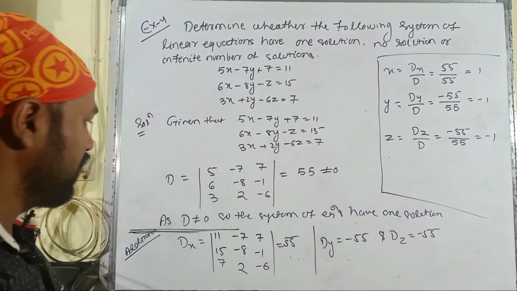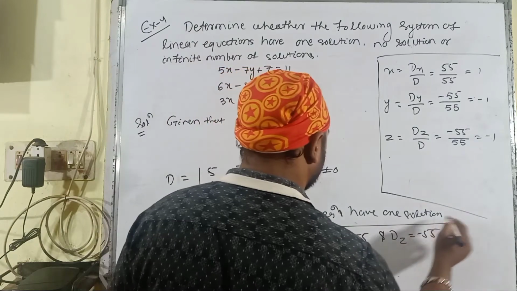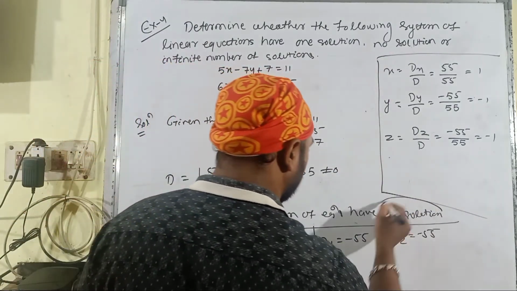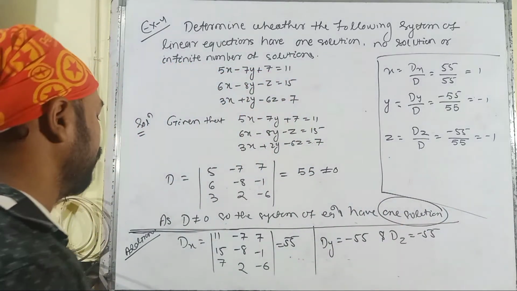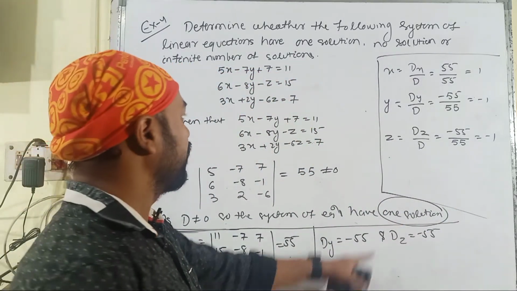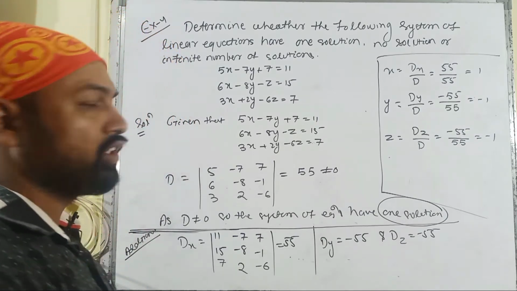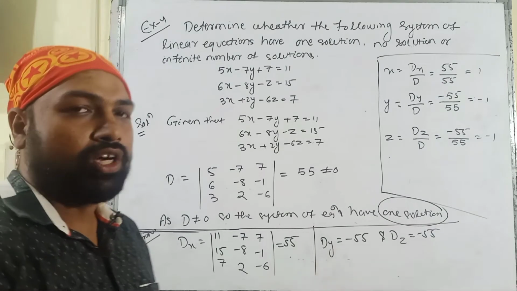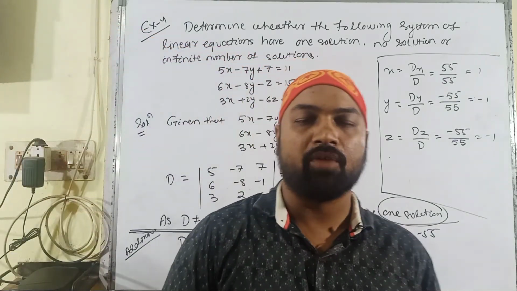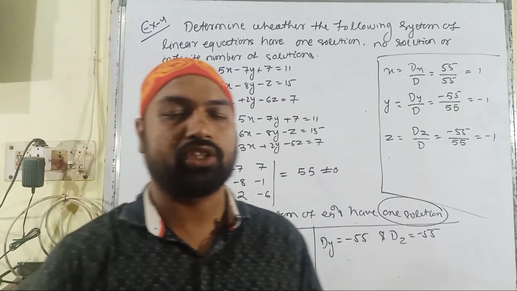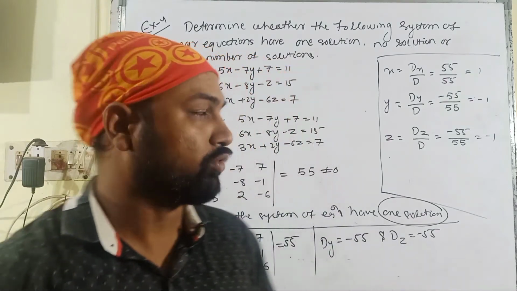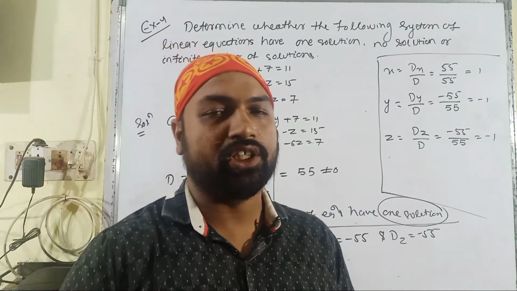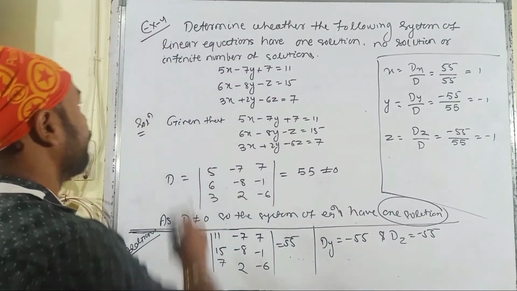So this is the additional part of this question, just it has been asked to define whether it has one solution, no solution, or infinite number of solutions. So the answer is here, it has one solution, and these parts are additional for this problem. Just we have to define the solution of x, y, and z. So here it is all about the condition for consistency, inconsistency and number of solutions of a system of linear equations of 2 variables as well as 3 variables. Then let us go through the homogeneous system of equations and its solutions.